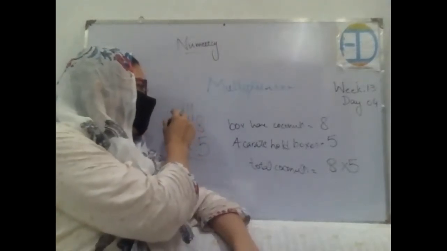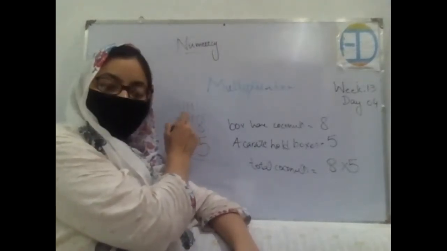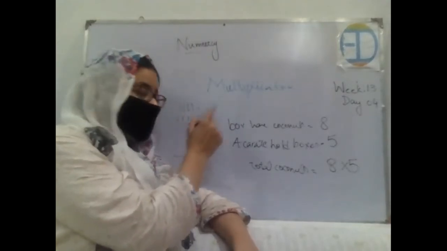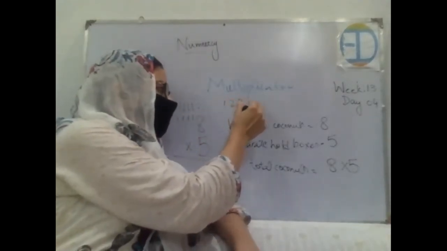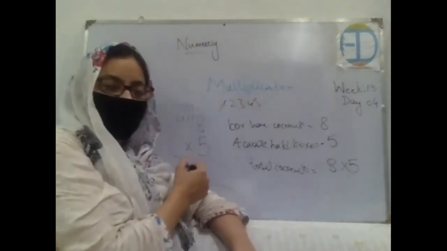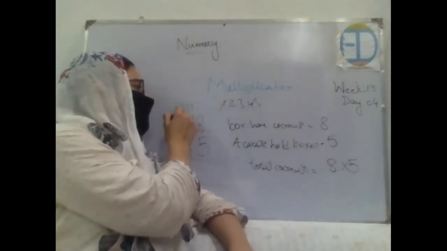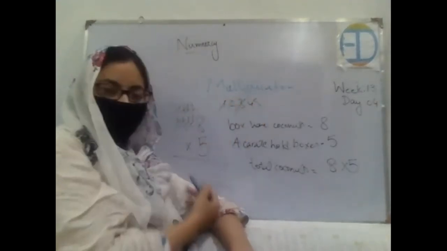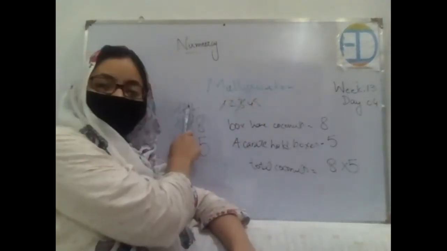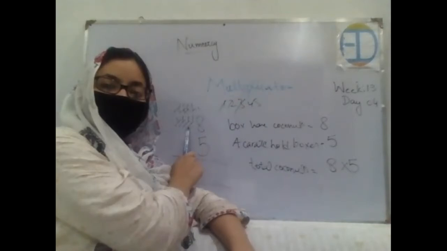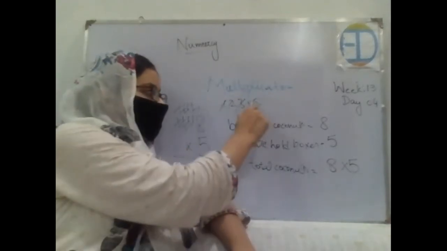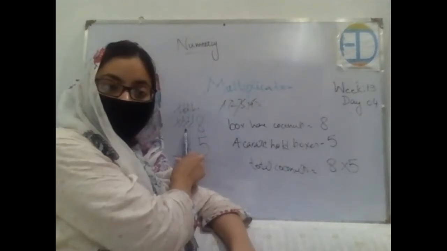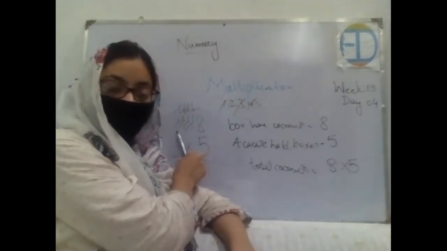First, you will be ending at 1, 2, 3, 4, 5, 6, 7, 8, 9, 10, 11, 12, 13, 14, 15, 16. Write 1, 2, 3, 4, 5 over here. One time is done. Second time, 16, then 17, 18, 19, 20, 21, 22, 23, 24, 25, 26, 27, 28, 29, 30, 31, 32, 33, 34, 35, 36, 37, 38, 39, 40.